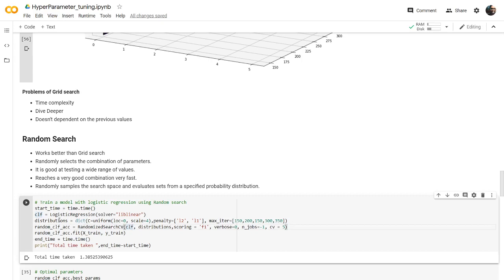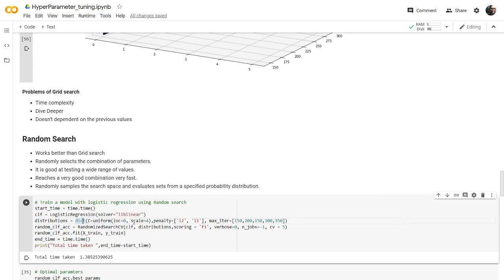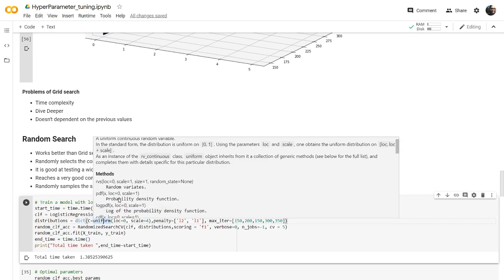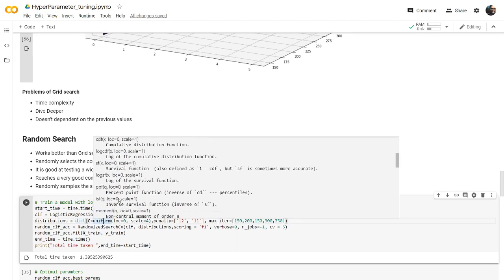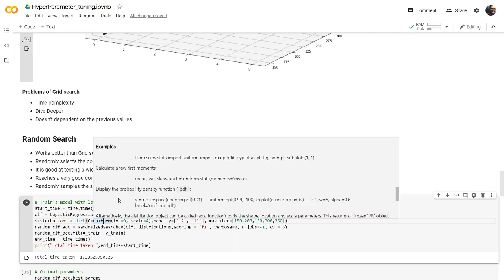You can see here, in this dictionary you'll be defining the values. For C, we'll be defining uniform distribution values. Here log C and scale 4. So we need to set these values. If you check the uniform, you'll find what these log and scale values are. You can just simply check here.